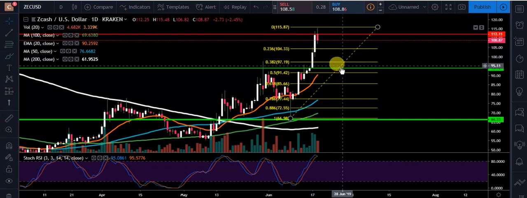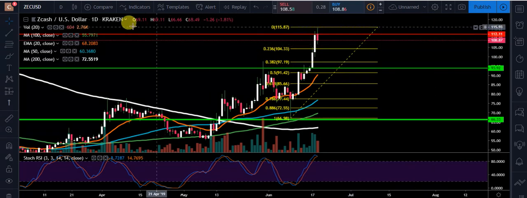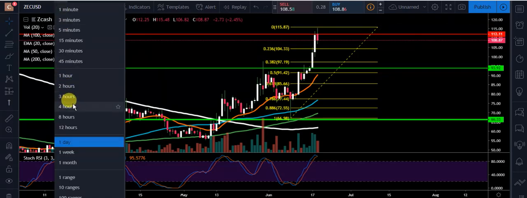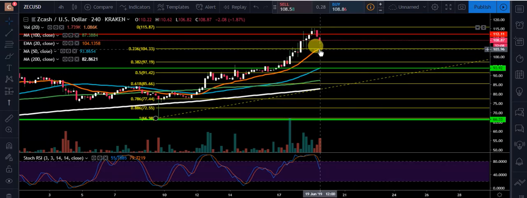So even if we came back and backtested this area around 93, everything's still looking healthy and great with that. I have no problem with it at all. And on the 4-hour, which I've been trading here for Zcash, I'm going to pay attention to see if we get a bounce off this 0.236. That's also lining up with this 20 EMA there, and that's going to be around 104. I'm going to look at that area, and then I'm going to look down here to this 50 moving average